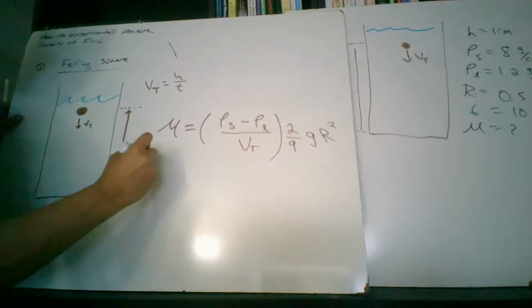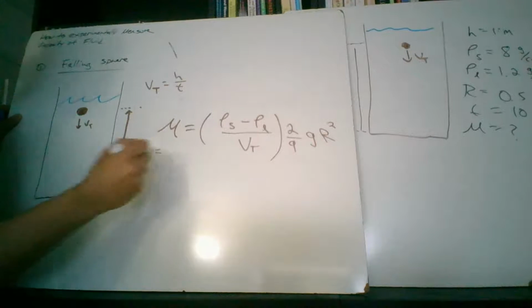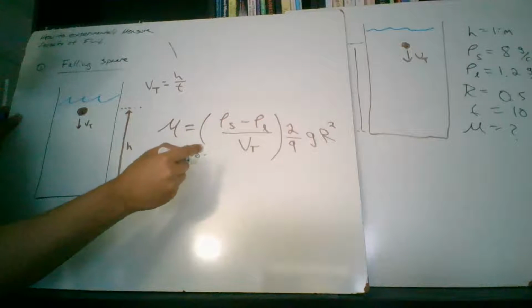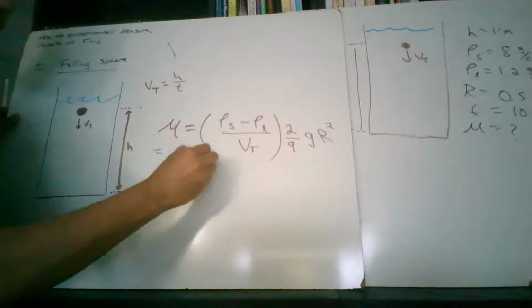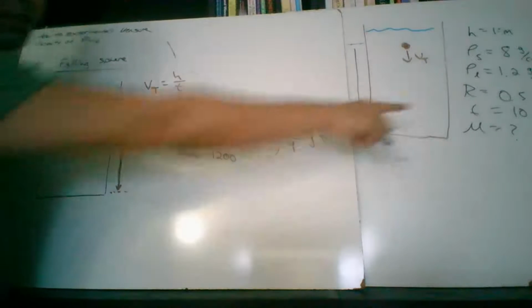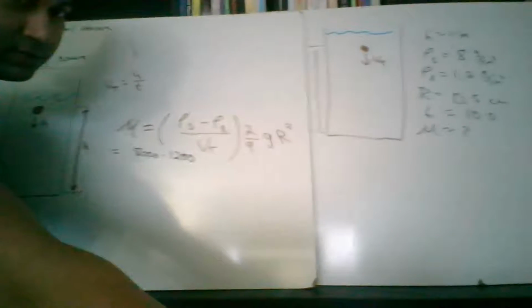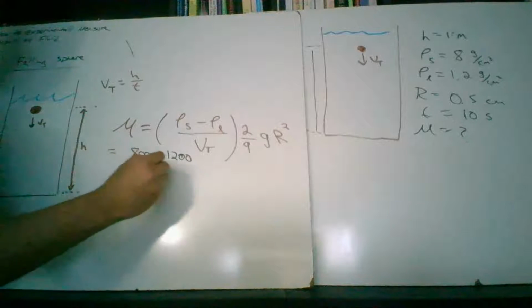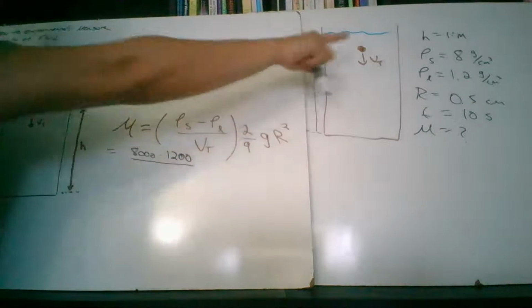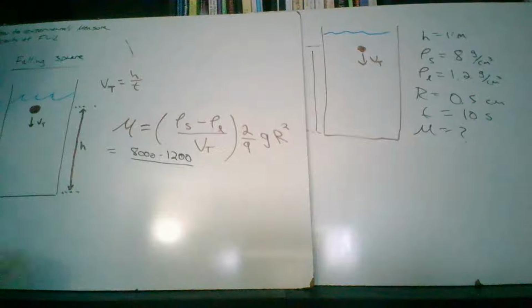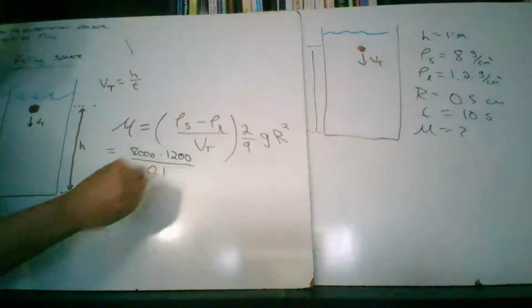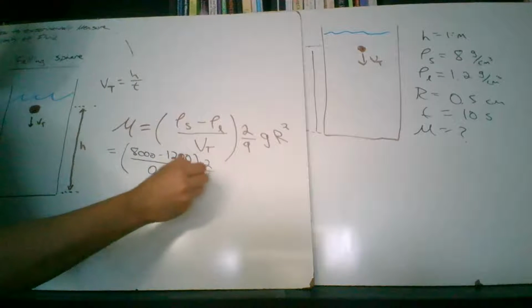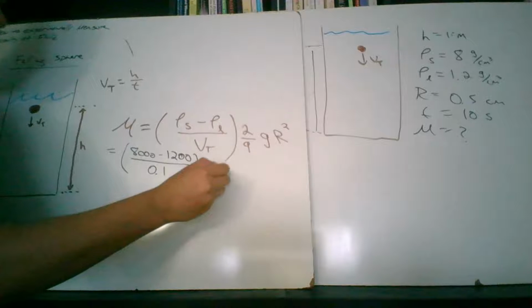The coefficient of viscosity is going to equal 8,000 minus 1,200, because these are in centimeters and you have to convert to meters, divided by the terminal velocity. The terminal velocity is just the height divided by the time, which is 0.1 meter per second, and you multiply it by 2 over 9 times 9.8,